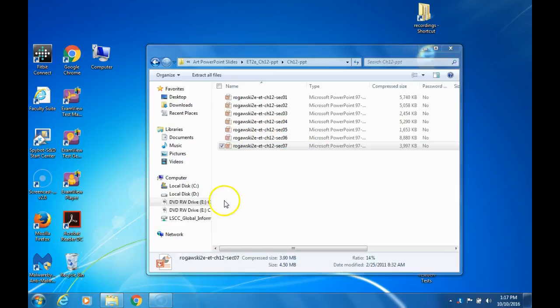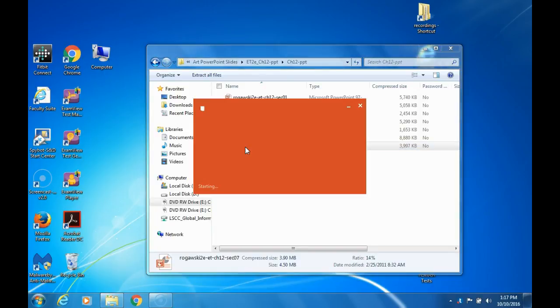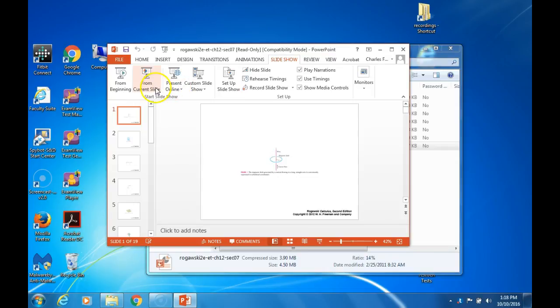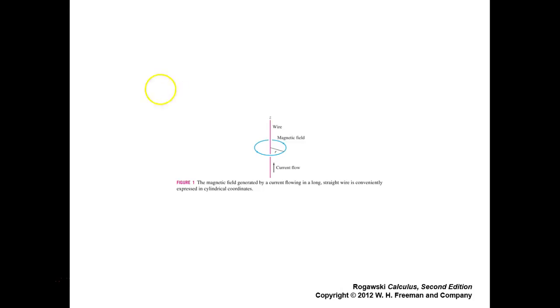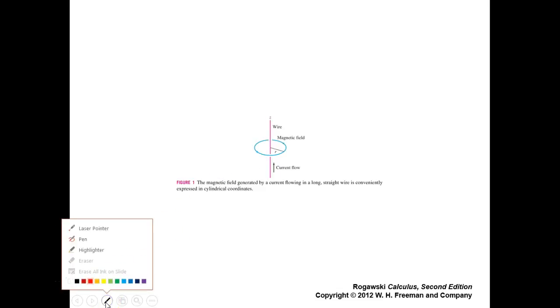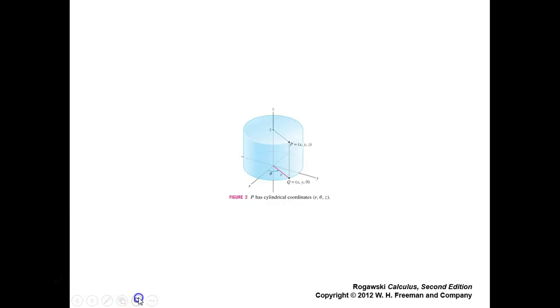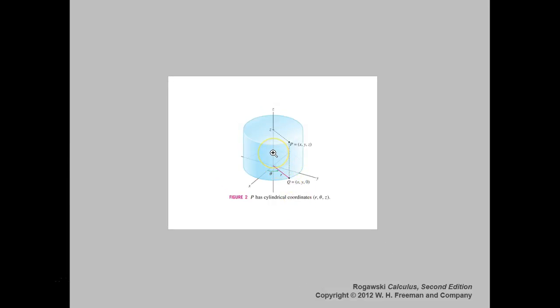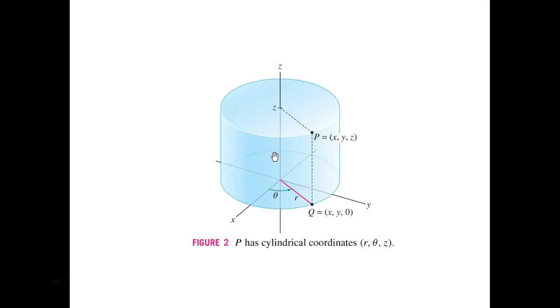Okay, I'm going to close that and try it again. Now it's acting like it's doing better. Yeah, okay. So slideshow from current slide, and we'll blow this up. Let's see. That's not it. This is the one I want. Okay. Now,